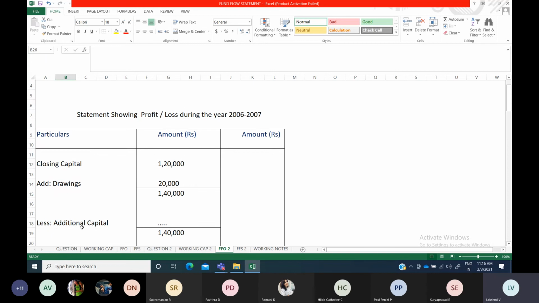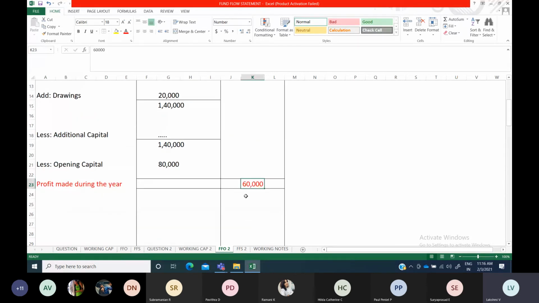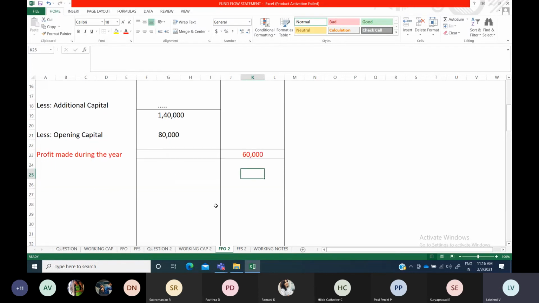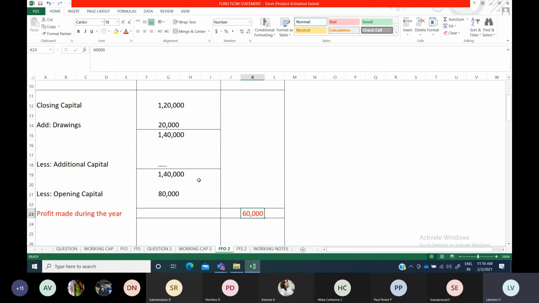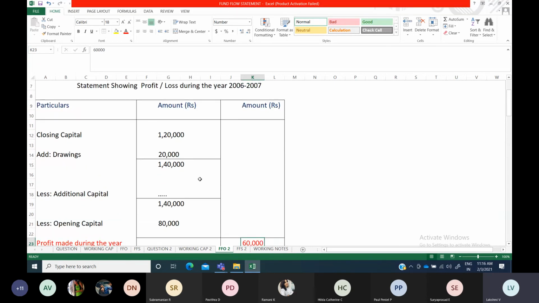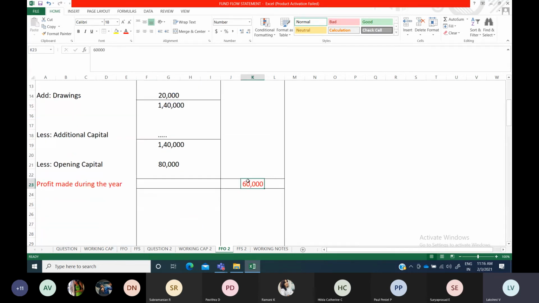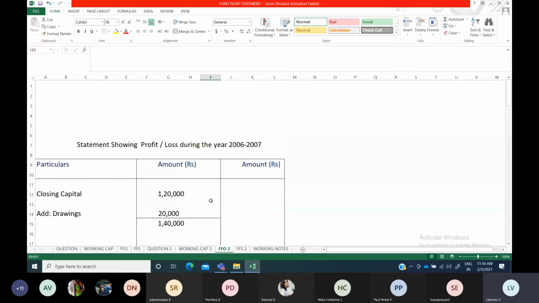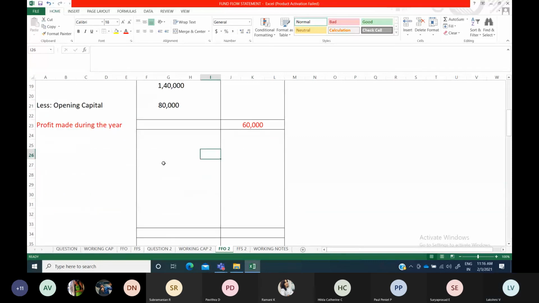So far what we have prepared: usually this profit information will be given to you, and you will be preparing the statement showing funds from operations. But here we don't know the profit itself. Okay, so what can we do? We have to prepare and find out for the sole trader business. Because of that only we have prepared this statement. Additionally, we have prepared this one. Okay. So now moving on to the statement showing.